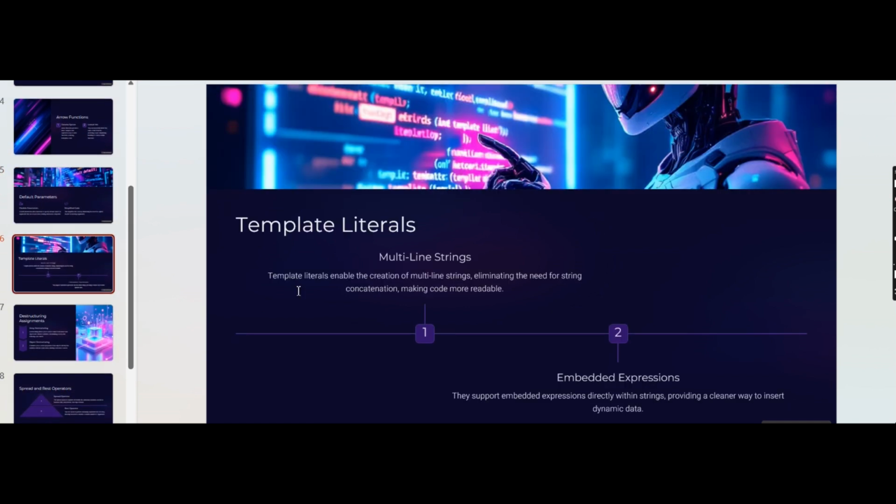Next in the queue is template literals. Template literals is a very important concept. Previously we had strings that were taking a single line from the user. So template literals made things easier and more efficient for developers, since they also take dynamic values. For example, if we have a string and in between that string we want to pass a dynamic value, template literals help us to pass that value.